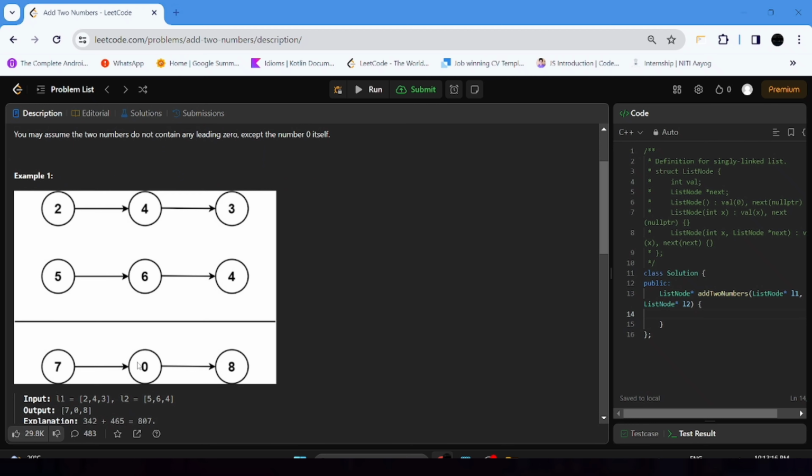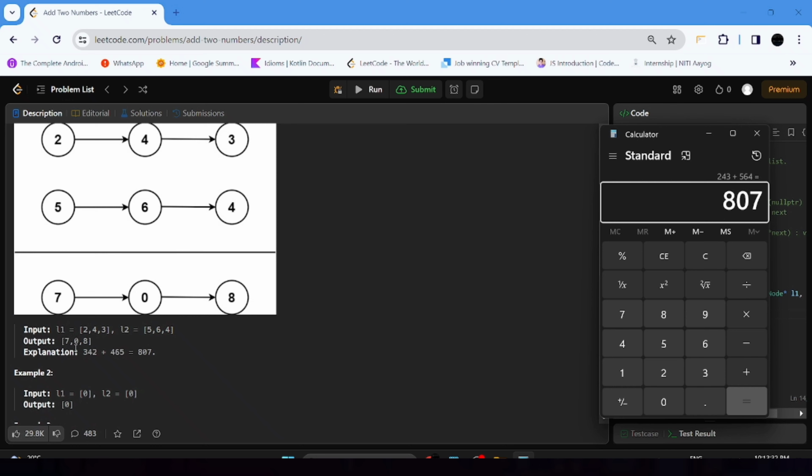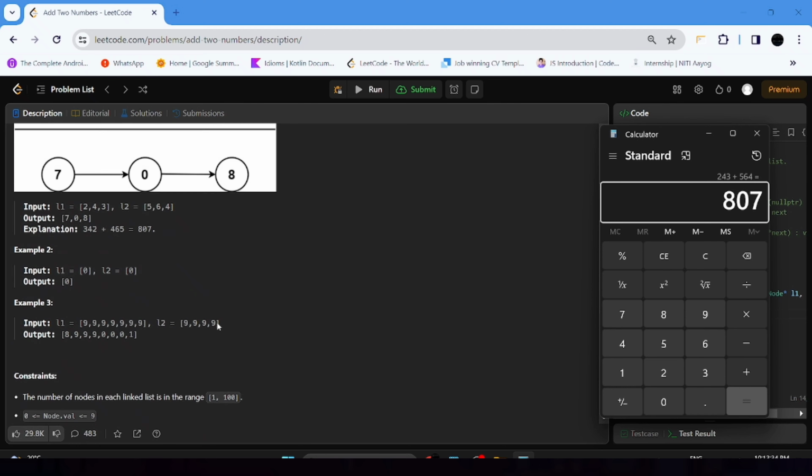So let's add it. We will be adding 342 plus our 465, which is 807. We will be reversing its order and our output will be 708.